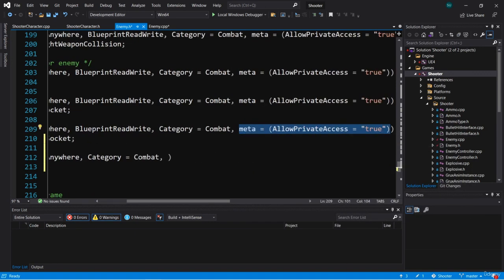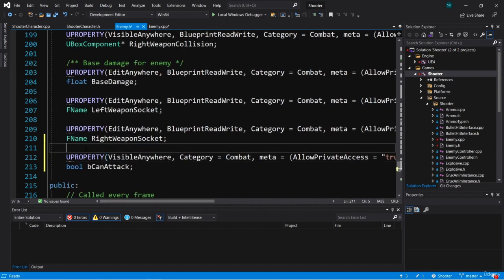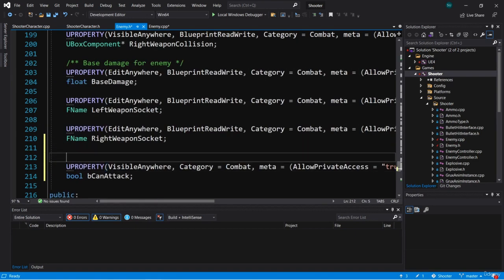Now I don't really care about setting it from blueprints, and I want it to be set from C++, so we don't need to be able to set it in the editor. I'm going to give this a comment and say true when enemy can attack. Now I'd like to set this to false when we attack and set a timer that will set it back to true after a certain minimum amount of time, so that way we can prevent attacks being spammed on the